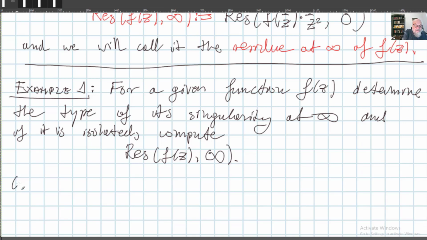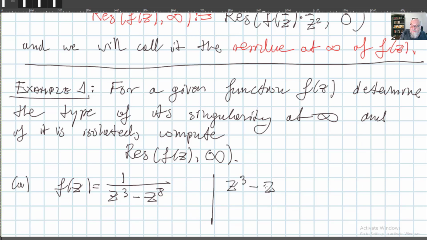Okay, so let's start with A. My first example will be f of z equals 1 over z to the power 3 minus z to the power 8. First of all, we notice the singular points, what are the singular points of the function f of z? Those are the points where, we can write it down, this is z cubed times 1 minus z to the 5,